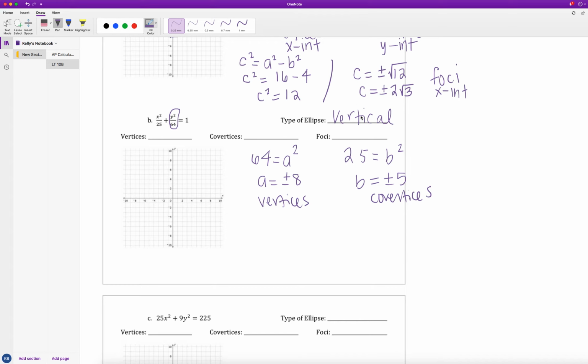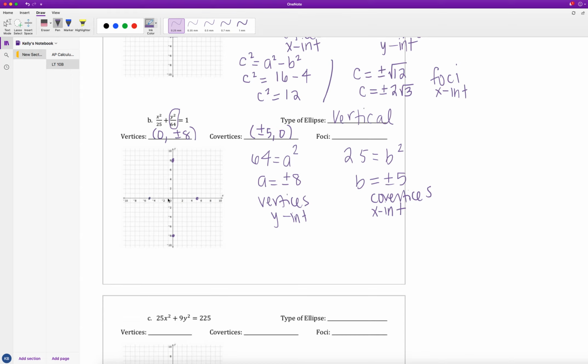Because this is a vertical ellipse, that means that my vertices are now y-intercepts. So I can write my vertices then as 0, comma plus or minus 8. And I'm going to go ahead and plot those. So I'm at 0 all the way up at 8 and 0, comma negative 8. My co-vertices go with the b values, and since these are on the minor axis, they're going to be x-intercepts. So they're at plus or minus 5, comma 0. So here I am at 5, 0,